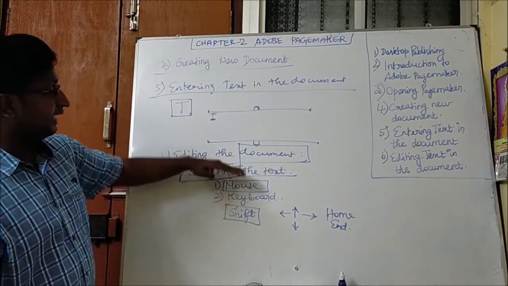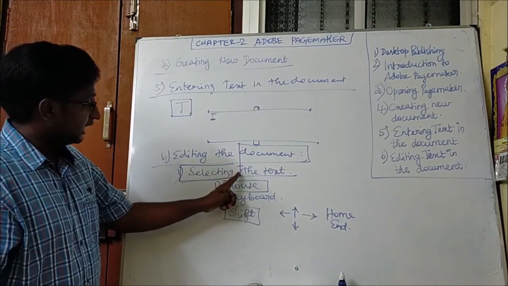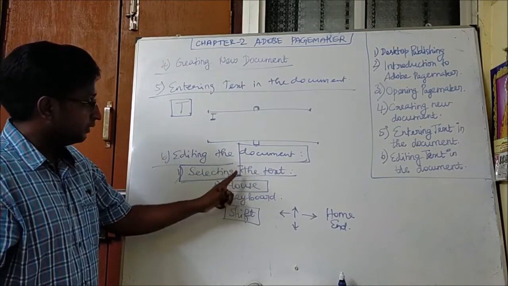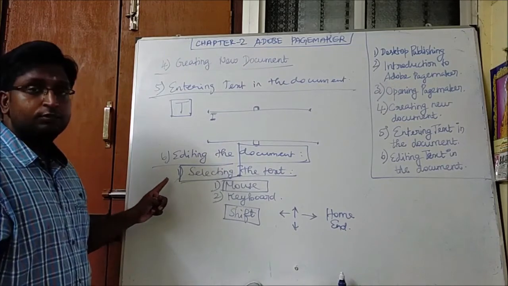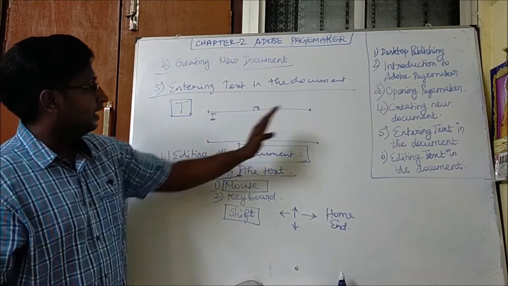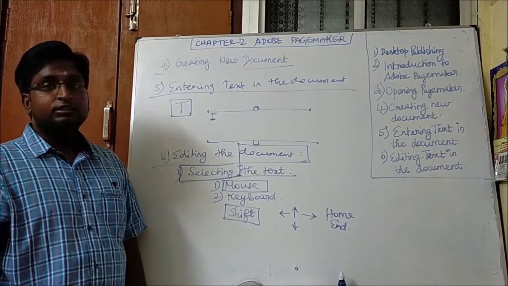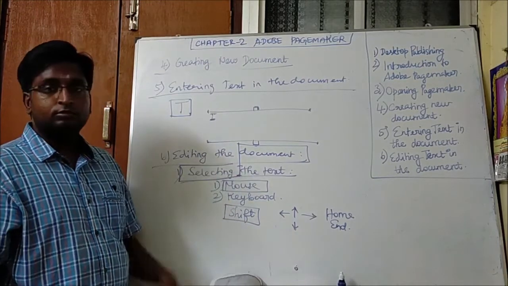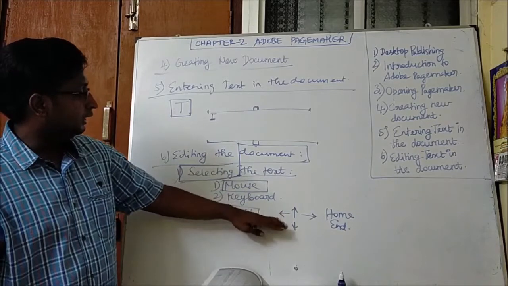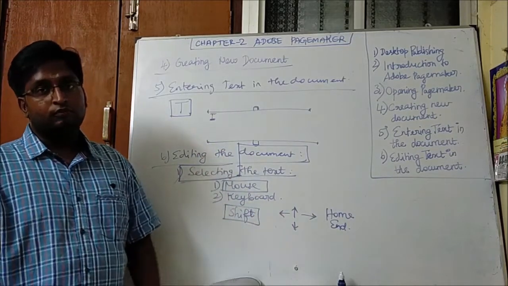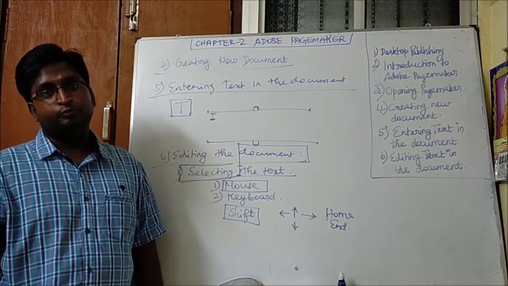It won't select the entire line. It will start from here; a straight line will be there, selecting before that line and the content after that part, the end part. So this is how the selection of up one line will be done. Similarly, the down one line will be done by pressing the down arrow.